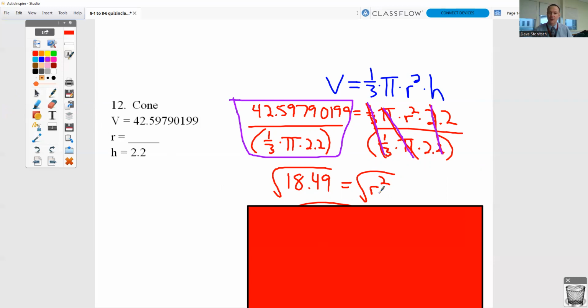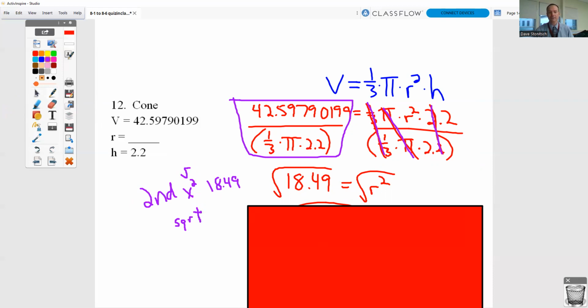Anytime that you have r squared, you need to get rid of that squared. The opposite of squaring a number is to take the square root of a number. The way that you type in the square root on your calculator is by hitting the second button and then your x squared button, which is really your square root symbol, and then the number, and then equals. Now, be careful. If you go to use other calculators, like on your phone or something like that, you might not see a square root button. It might say